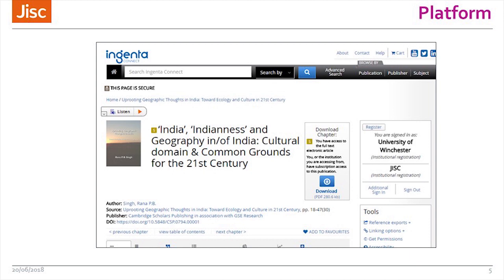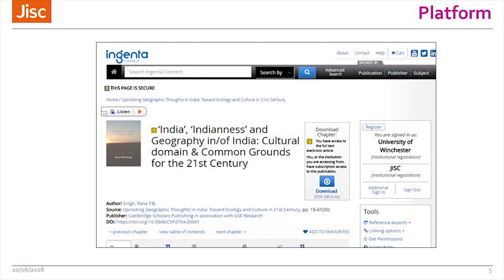Now, what I want to start with is just looking at some of the elements in a little bit more detail. So here's the Ingenta platform, for example. What we're looking at is a web page, and therefore in a browser, it will do certain things. Byron's already talked about the listen option, but also in this platform interface, we've got other options. Being in a browser, maybe we can magnify it and maybe it will reflow to fit the screen, so you don't have to scroll left and right.